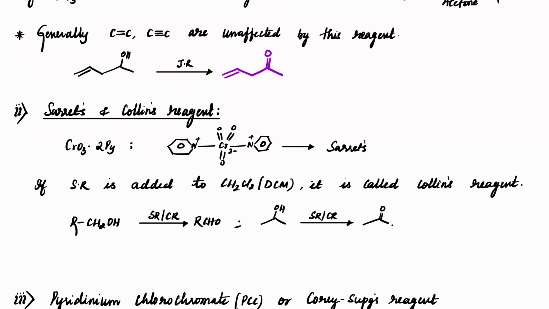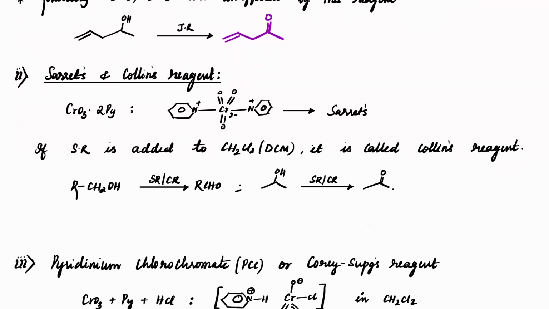There are many alternative reagents to convert alcohols to aldehydes or ketones. Let's see the first one. The second one, Sarett's or Collins reagent. If you take CrO3, which is a red-colored powder form,